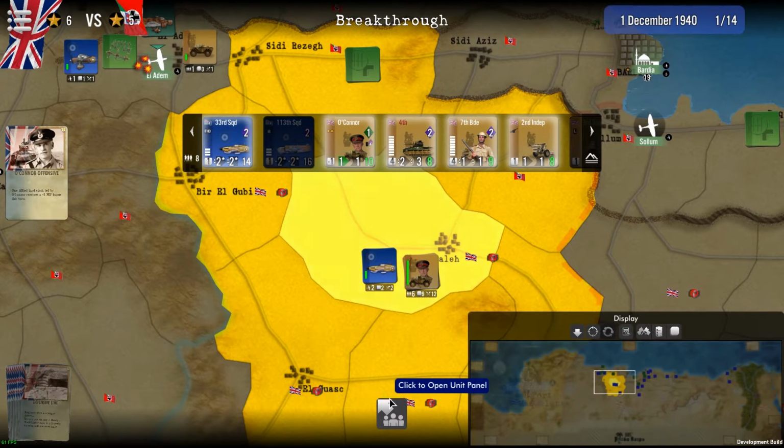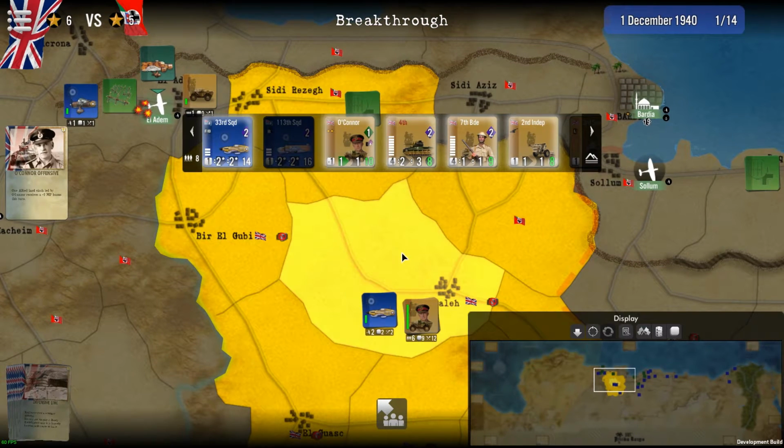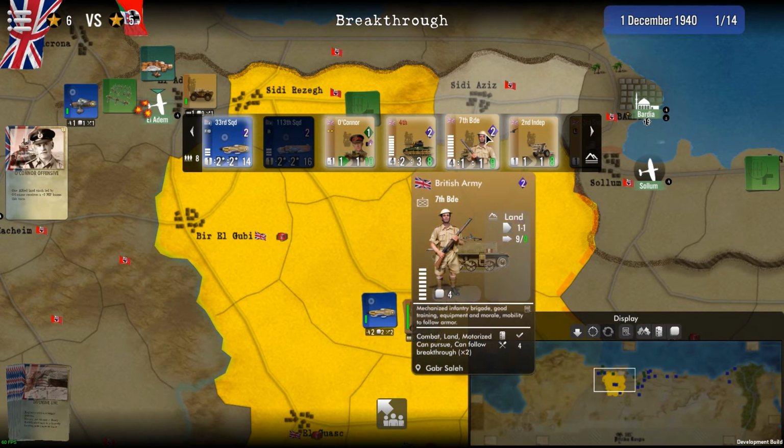An interesting follow-up of battle is breakthrough. Breakthrough occurs when you win a battle with armored units, in our case the 4th Brigade here. And all units which are allowed to follow or participate in a breakthrough, which are mainly mechanized units, like this one,